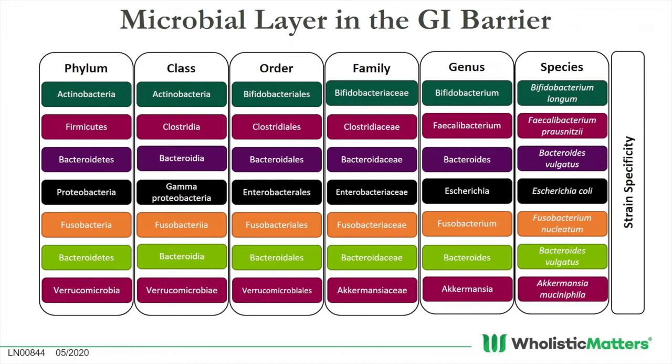The genus and species is where you can be really specific and say, okay, there's these microbes, or Bifidobacterium longum. This is one kind, one grouping of bacteria. Then going down the line just like that. But one example where strain specificity starts to really come into play is something like E. coli. So E. coli is a really common resident microbe in the GI. But the strain specificity is where you start to see how that microbe is actually functioning. With strain specificity, you can see really, really big variations in how these microbes are, strain to strain.